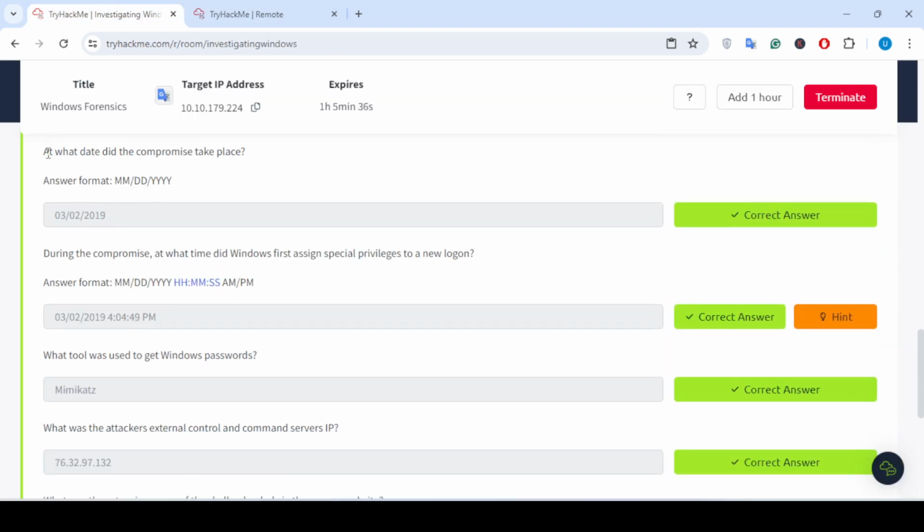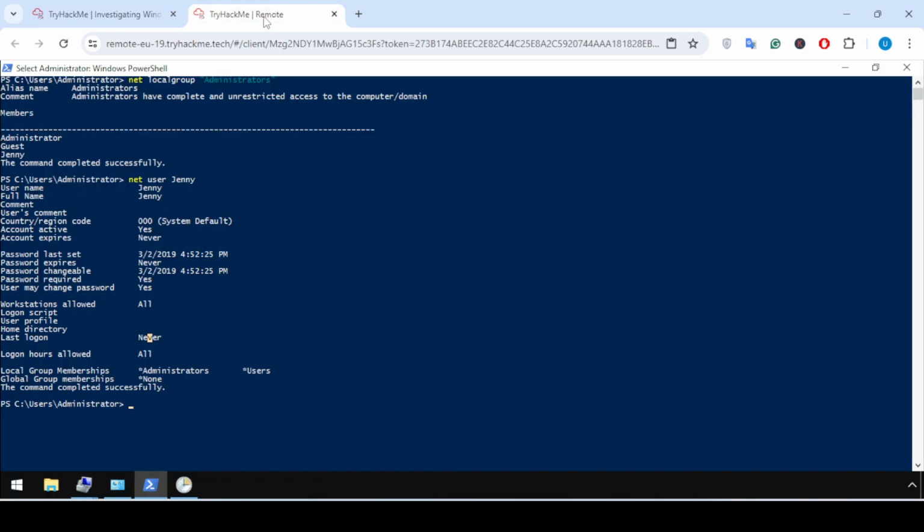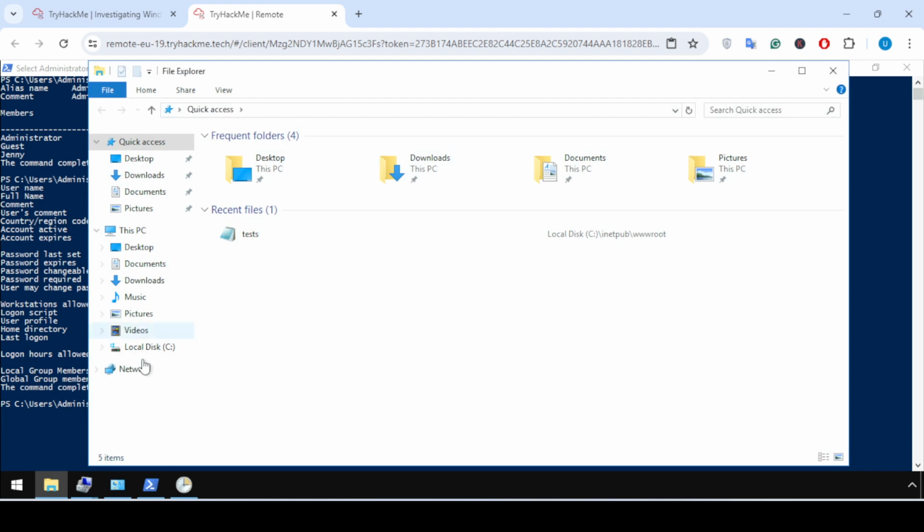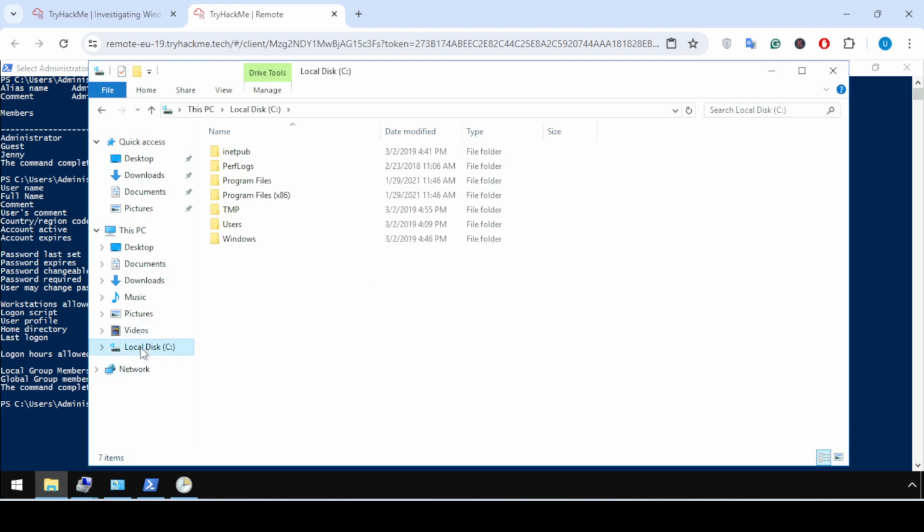The next question is: on what date did the compromise take place? We need to identify the date on which the compromise actually took place. For this purpose, we go to the target machine and go to the C drive.